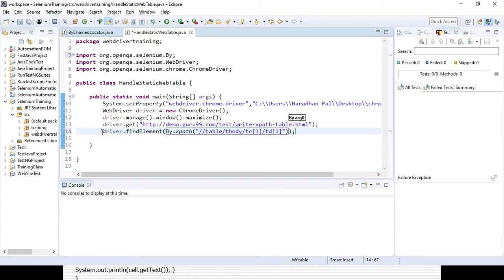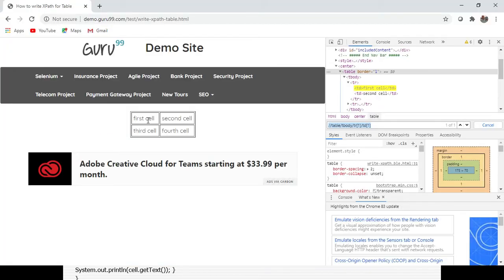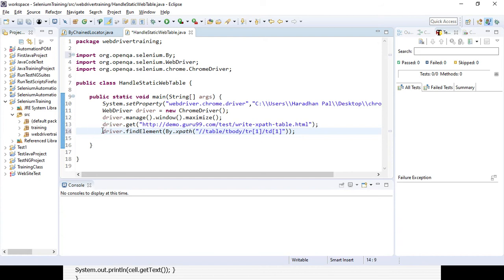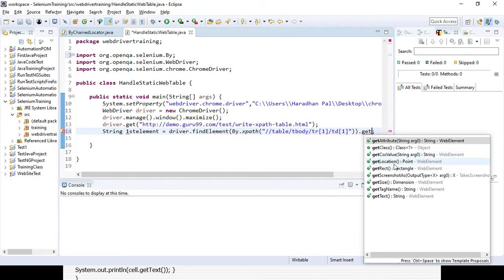And if you want to store the value of that element, you need to define a string variable. String first element equal to, and here you need to use get text. Dot get text, because it is a text value, right?